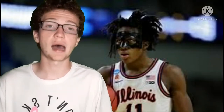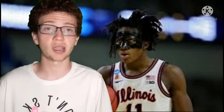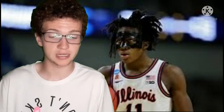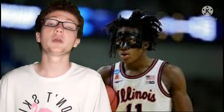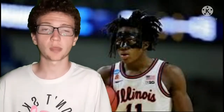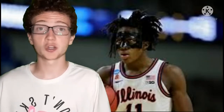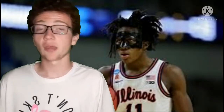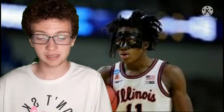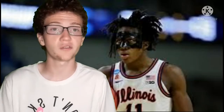Dosunmu is also a great on-ball defender who can switch 1 through 3 because of his excellent frame at 6'5" with a 6'10" wingspan. Dosunmu also navigates screens very well, which is very important when you're playing in a Milwaukee Bucks scheme that's reliant on its guard defenders being able to get over screens and to contest shots from the rear. Like I said before, Dosunmu is an inconsistent three-point shooter, and sometimes he plays lackadaisical off-ball defense, but